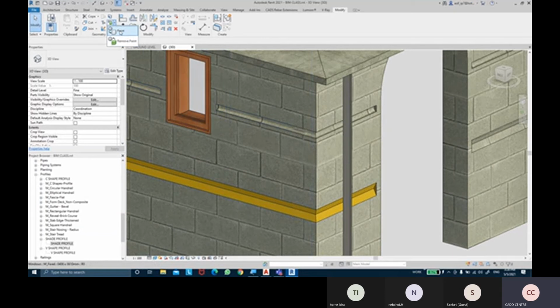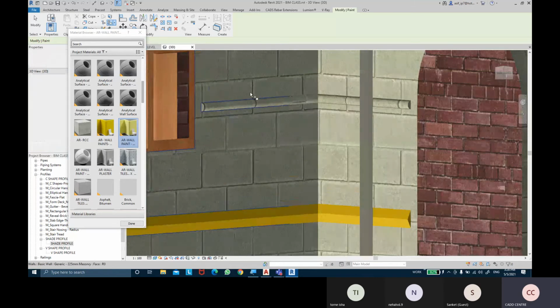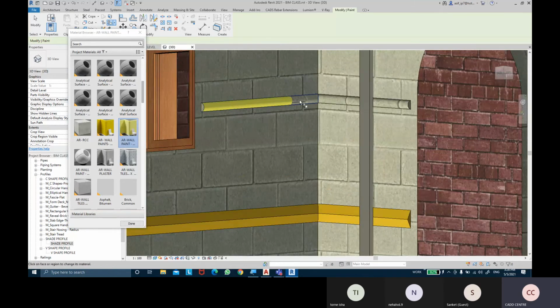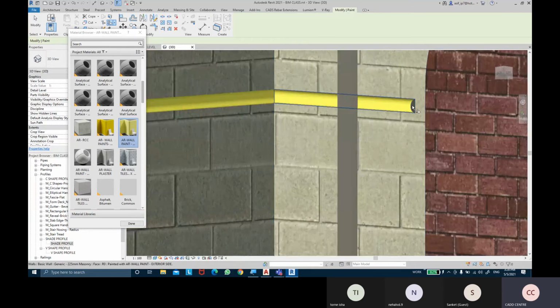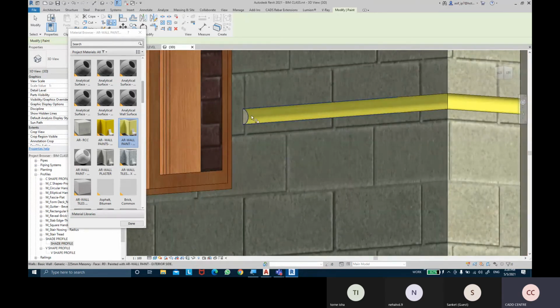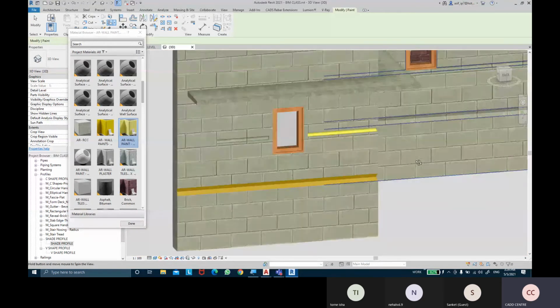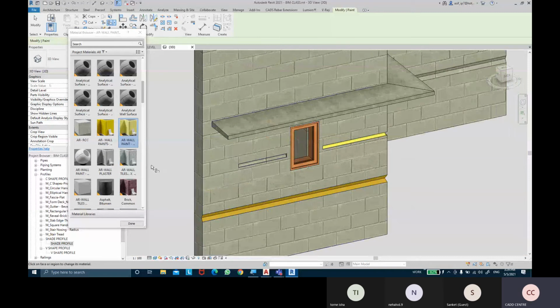Maybe on these reveals as well. So once again, I'm going to take the paint option and select which paint you want to apply. Maybe this time I'm going to use this exterior side paint. Keep the cursor, press tab, apply it. Similarly you can apply to these sunshades as well.